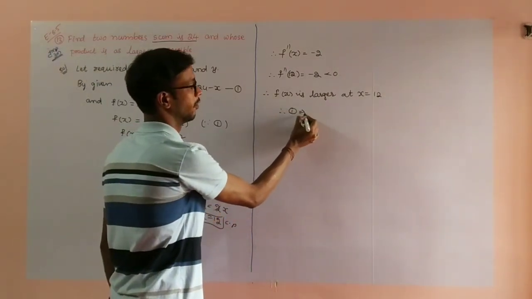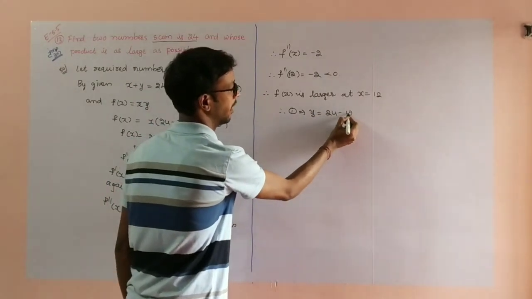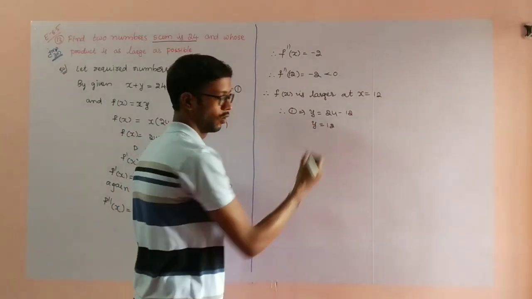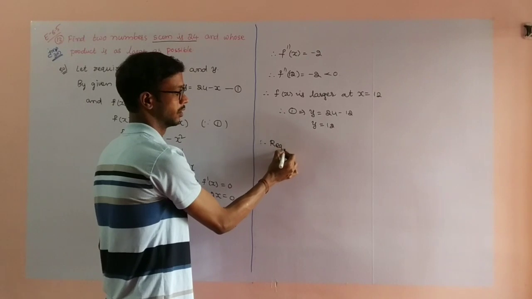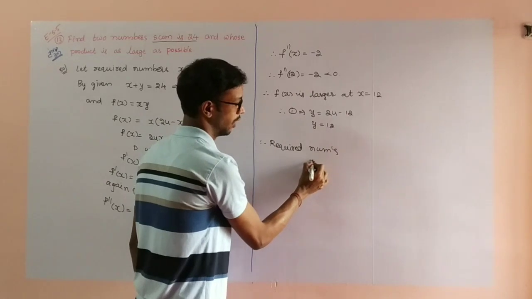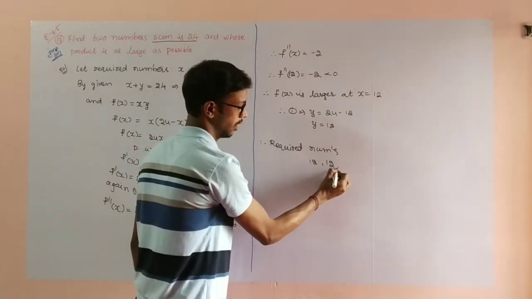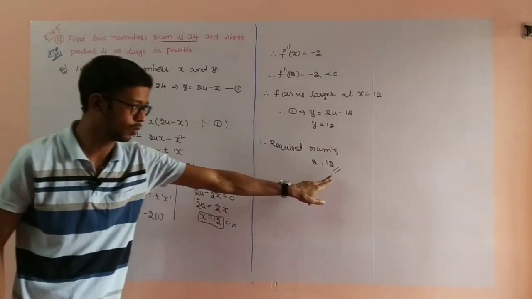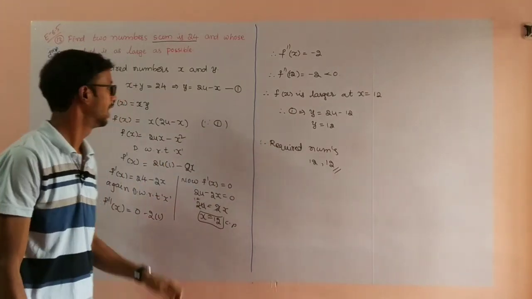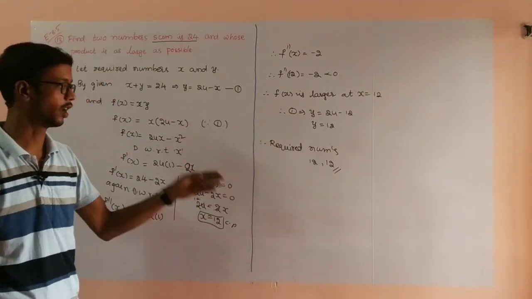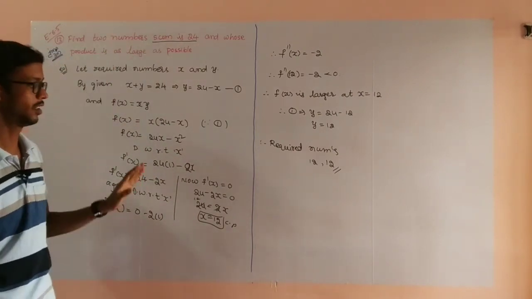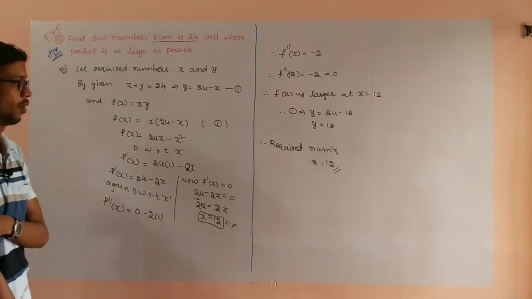Therefore, from 1, y is equal to 24 minus 12. The x value substituted here, the y value we get. Y value should be 12. Therefore, the required numbers are 12 comma 12. Sum of the two numbers is 24. You can observe it: 12 plus 12 is 24. Product should be larger: 12 into 12, 144 you will get. That is a larger value, satisfying the given question. So this is the way of finding the required numbers. Pause the video to note it down.